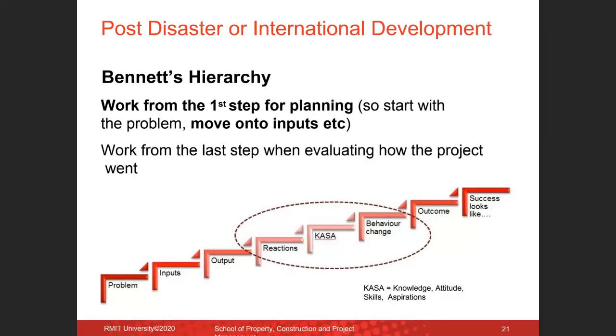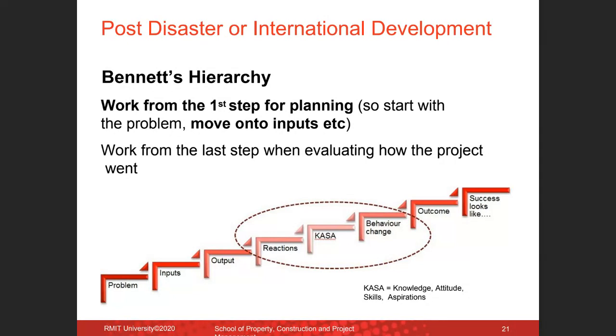With the Bennett hierarchy, there is a problem or there is a disaster, and then you have to think about the resources. That's why usually you have NGOs that think about their donations or resources, whether it's from external donors or an external community, or is it within that country? So you have to think about what sort of input resources you have, and then what sort of output,